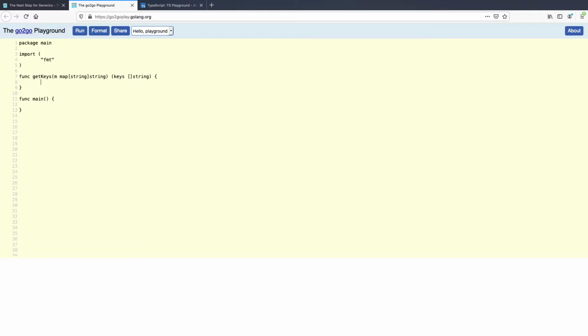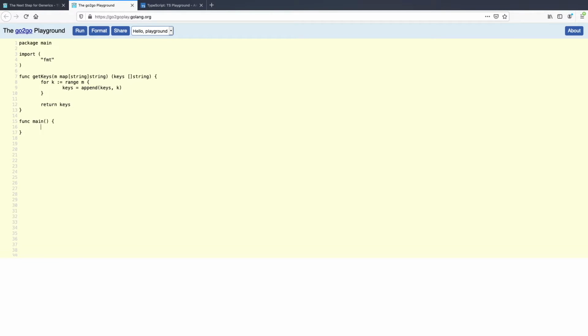And then we can just range through the map. So this should work, right?